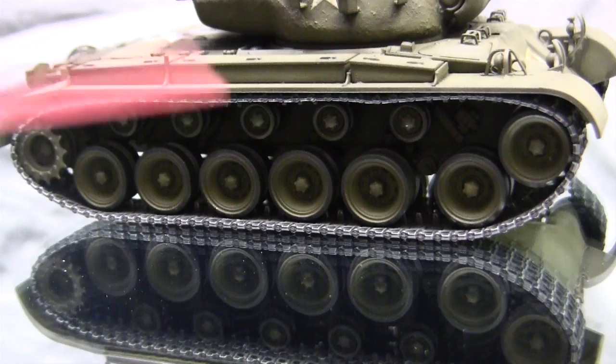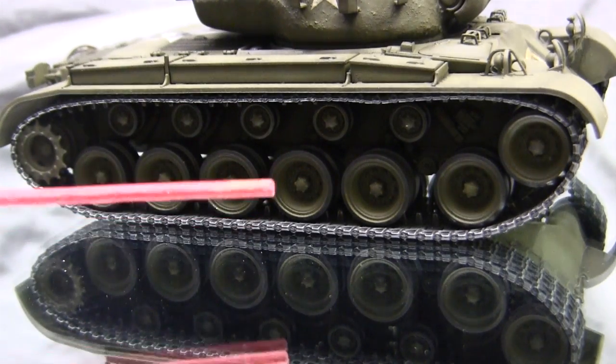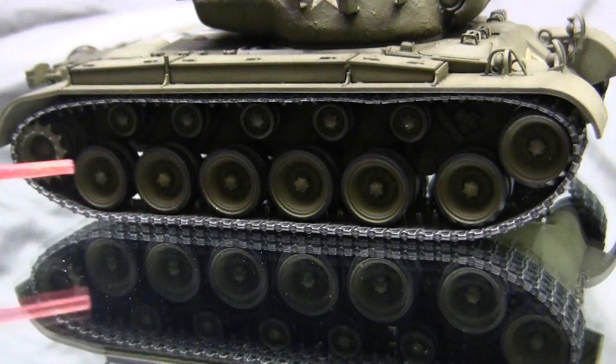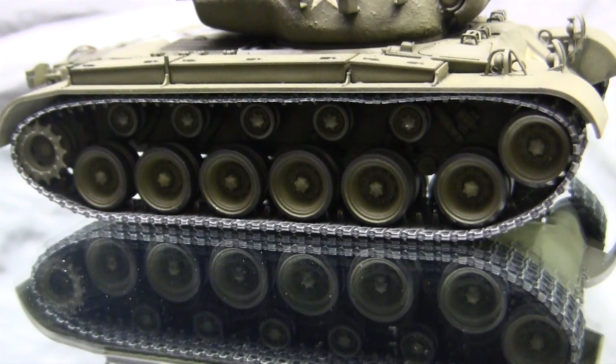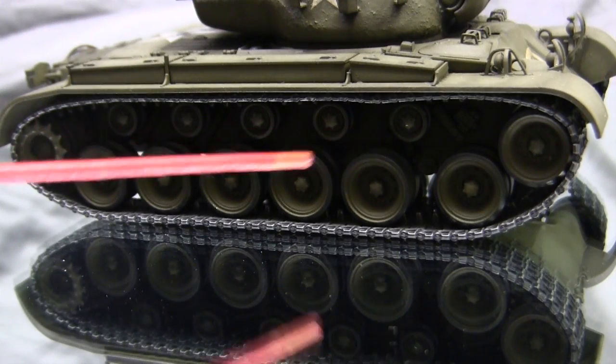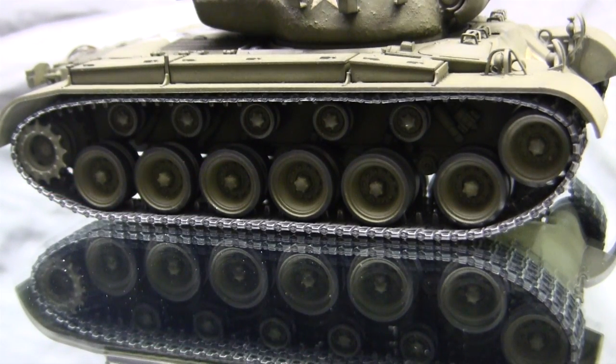However, to modify the pieces with a sharp X-Acto knife, you need to remove a small little key that is found on each of the swing arms. The purpose of this key is that there is a groove that is molded inside of the hull in which the swing arm would simply lock into place and keep it in its adjusted height. This is the same exact procedure as found on every single tank model with a torsion bar suspension